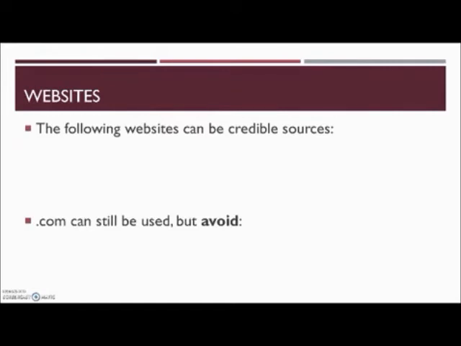Websites. So you have to be very, very careful with websites, and I would not use them as the majority form of your sources. Anything that has a .org means it's an organization, so it's highly credible. It's been approved to be called an organization. .gov means government. It has government data, census information, population statistics. That is more than credible to use as a source.